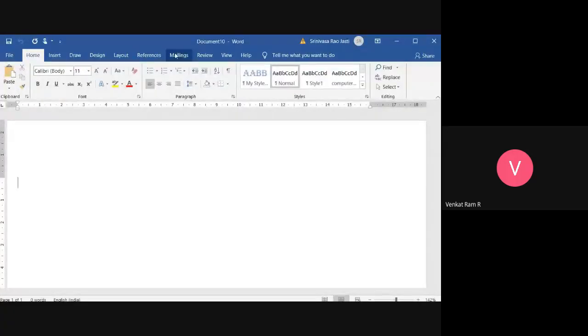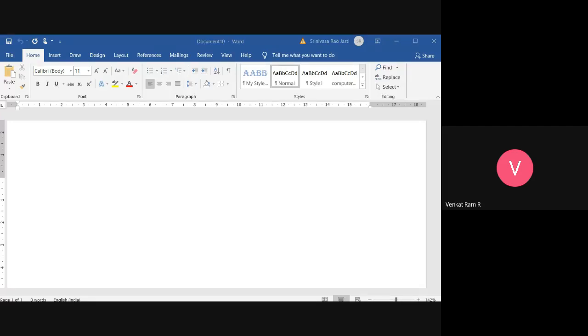Okay. How to add an image? If I want to insert an image, yesterday we have already discussed. Type the answer. Which tab do I have to use?